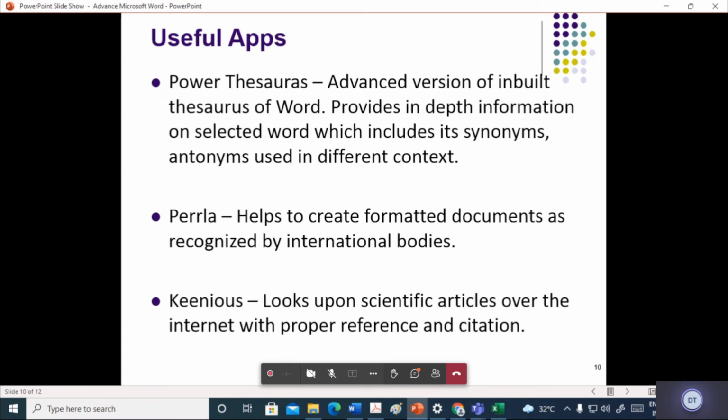One of the coding standards for writing C# code is ECMA. Like that, when you are writing a Word document, there are various standards that are accepted by a recognized body. Okay, and Parla helps you to write the document as per the recognized international bodies.